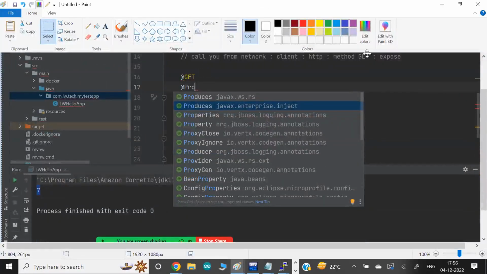This is also Produces, one capability or one annotation. This is also one more annotation, same name. But this Produces comes in a different package. Some other developer developed this, and some other developer developed that. By chance, the name is the same, but their internal functionality is different. It's something like this: I create a hello function, you also create a hello function, but your function and my function will behave differently. So another community created a Produces function, or another package created a Produces annotation. Which one to use?